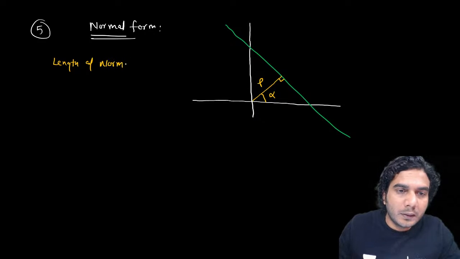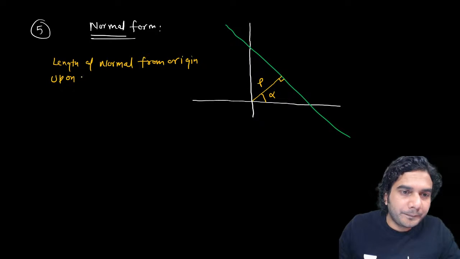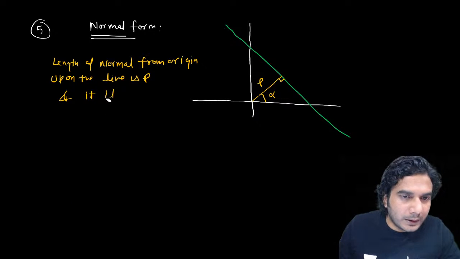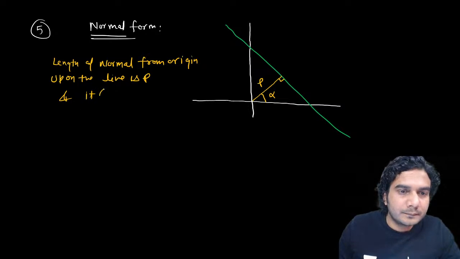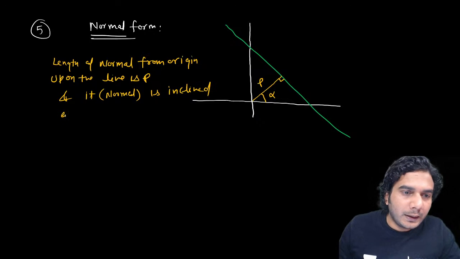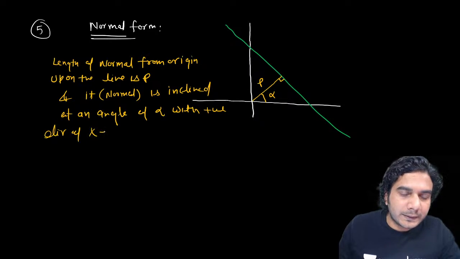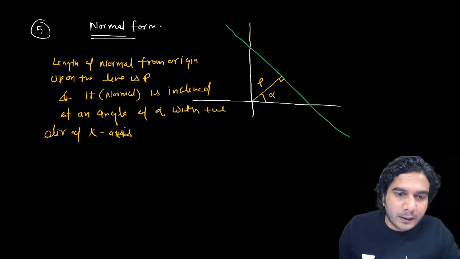the length of the normal from the origin upon the line is p, and the normal is inclined at an angle of alpha with the positive direction of the x axis. So if you see the range, then alpha can be between 0 to 360 degrees,